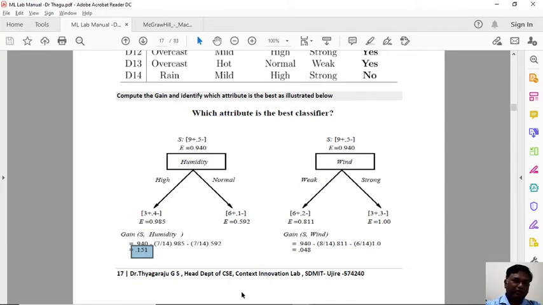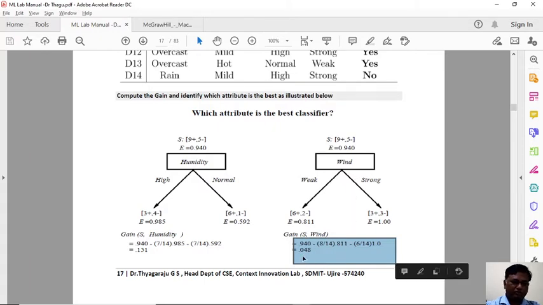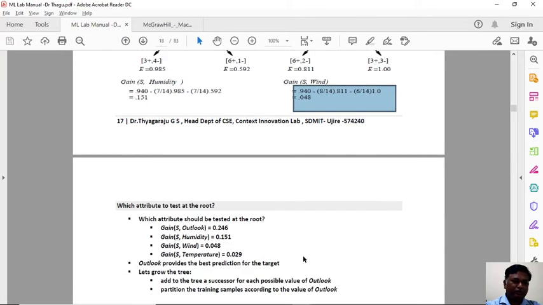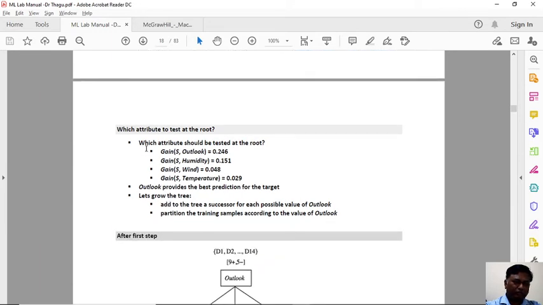In the same manner you calculate the gain of the remaining three attributes. So you take the overall entropy here. For wind, weak and strong, you have two classes. Under the weak class you have 6 positive and 2 negative. Under the strong class you have 3 positive and 3 negative. So the entropy formula is applied and it is calculated. Now in the gain formula, overall entropy minus the summation of all this entropy, you have got 0.048. In the same manner you calculate the gain for the remaining two attributes. The answers are given directly here.